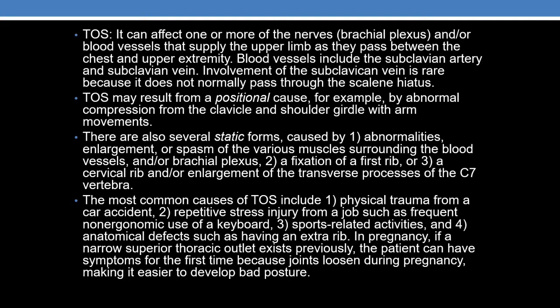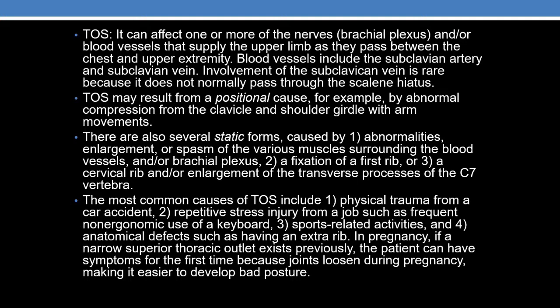So that gives you a clue to some of the radiographic findings that you might suspect in the case of a bona fide thoracic outlet syndrome. You might see deformity of the first rib, you might see the presence of a cervical rib, you might even see an enlargement of the transverse processes